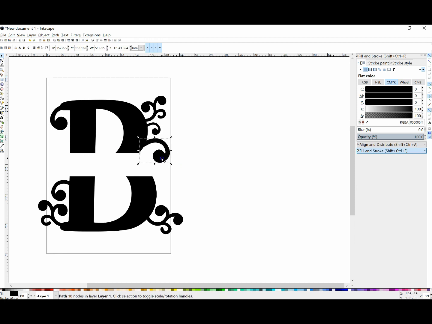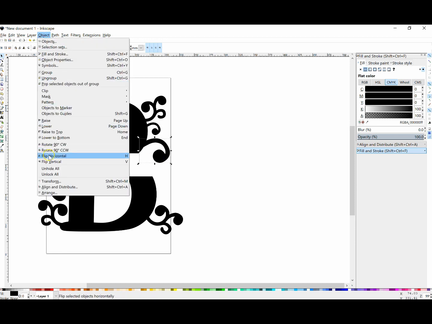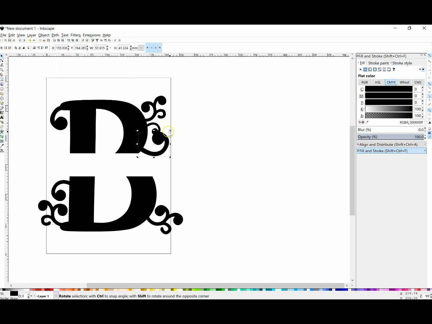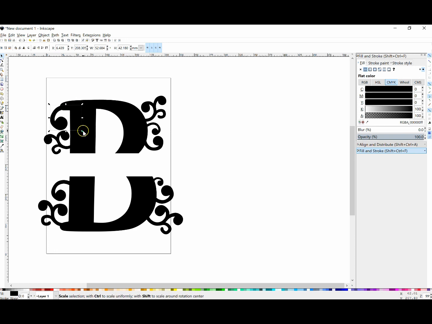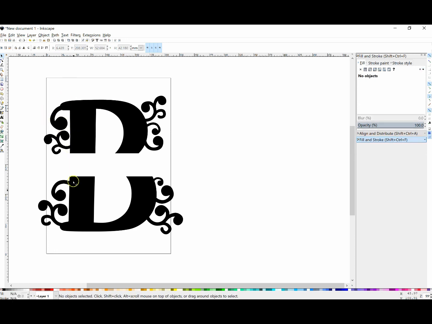This is really the fun part of it, where you get to go in and really start to make it look exactly the way of whatever vision you have for it in your mind. And like I said, you can do this with any characters, with any font. It's just this technique that I'm showing you. Okay, so once you have all these decorations in there and you're feeling good about what they're looking like, at this point it's looking pretty good. I'm liking this shape. It's looking super fancy, and I think we're moving in the right direction here.